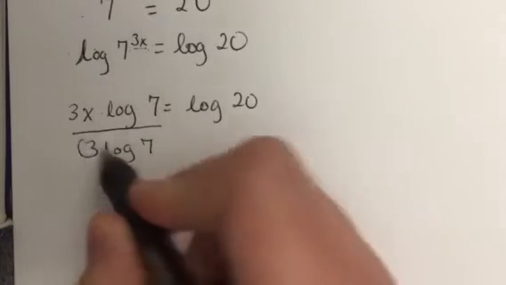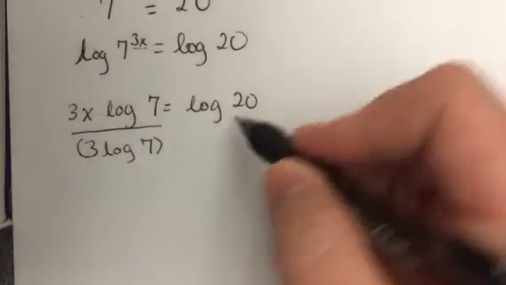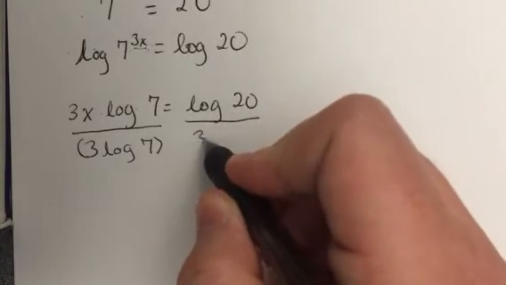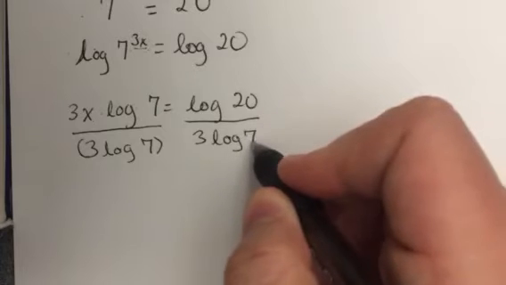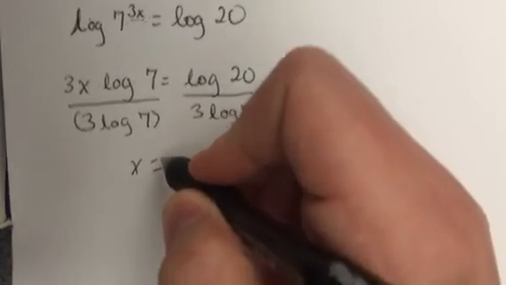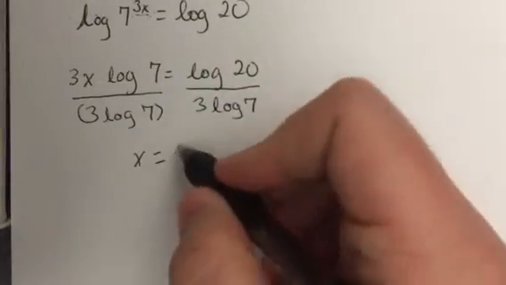You notice all of this is together, and what you do to one side, you've got to do to the other. So we're going to divide over here by 3 log of 7. And this is where your calculator comes in handy. So our x is going to equal